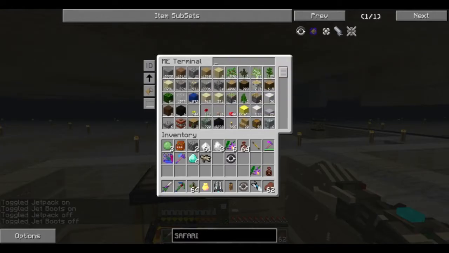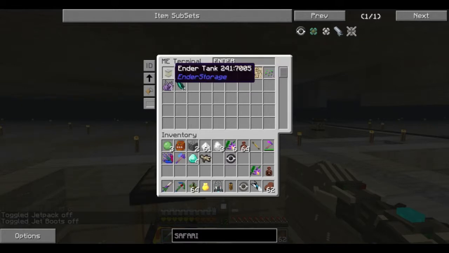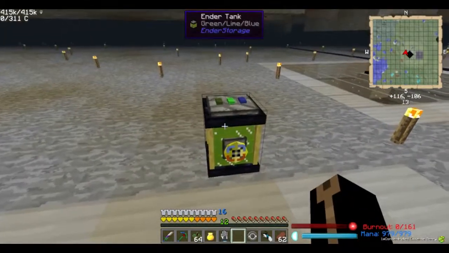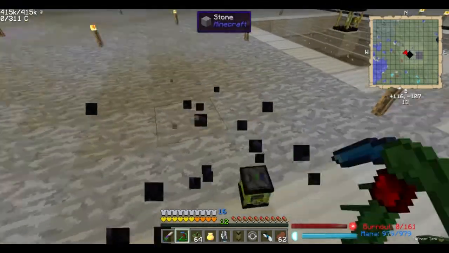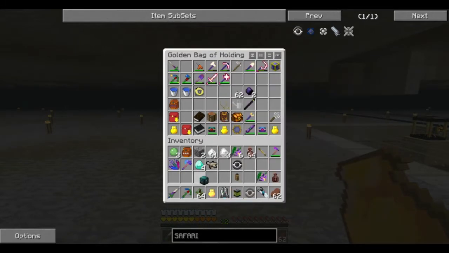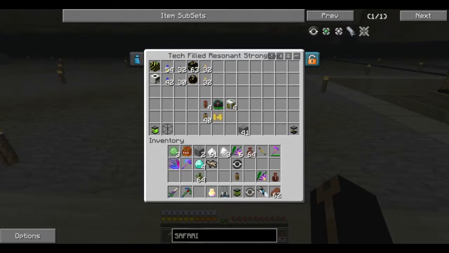So let's check this. Do we have an ender tank? I think that's the one we want. Green, lime, blue. Yeah, that is the one we want. Excellent. I actually think we might have most of the stuff we need in here. I bet you guys forgot about this. My resonant ender filled with various things. No,